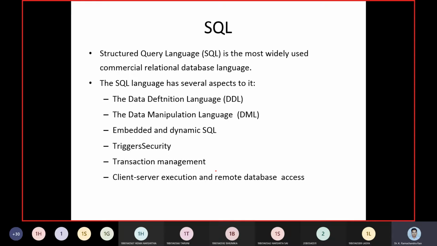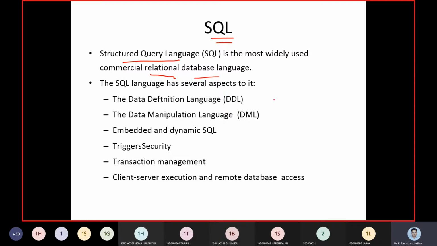To do these elements, the very first thing is we have to use SQL. SQL is the most suitable product for any relational database management system. We call it Structured Query Language.